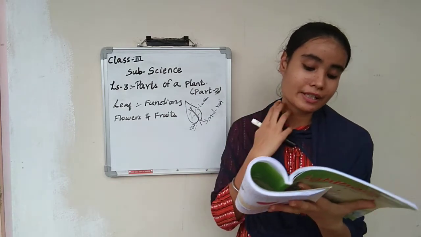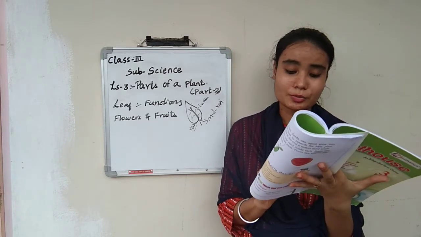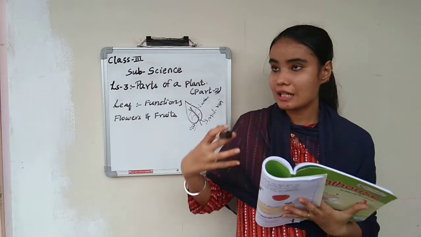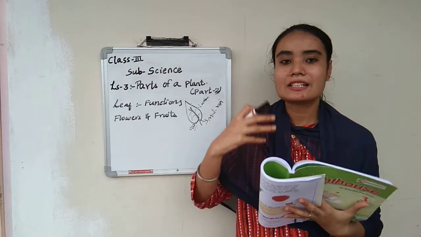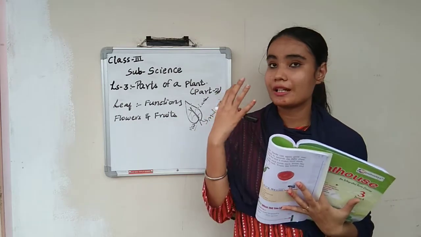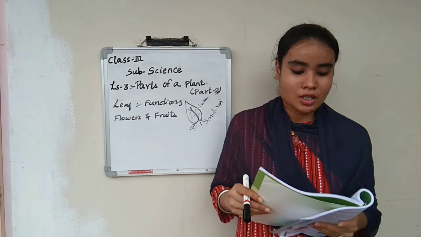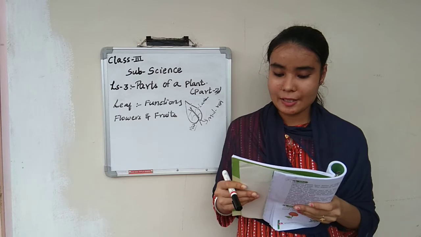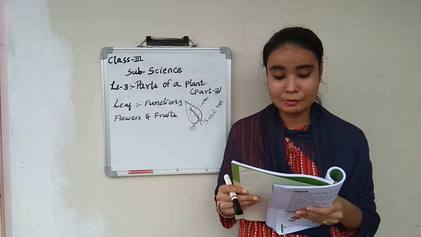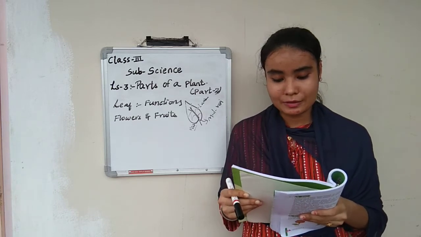Next is flower and fruit. Grown up plants bear flowers. A flower is the most beautiful and soft part of a plant. Flower changes into fruit. The flowers are very beautiful not only to look at, but flowers also have many uses. Most fruits have seeds inside them. Seeds can again grow into a similar plant. They have stored food to nourish the baby plant. Thus a plant starts from a seed and at the end it makes more seeds.